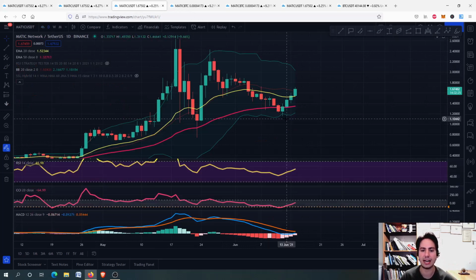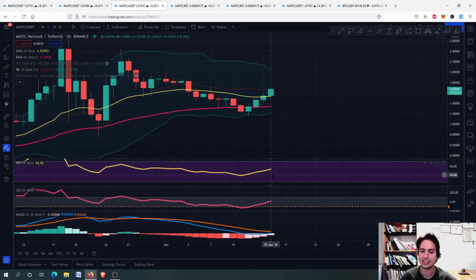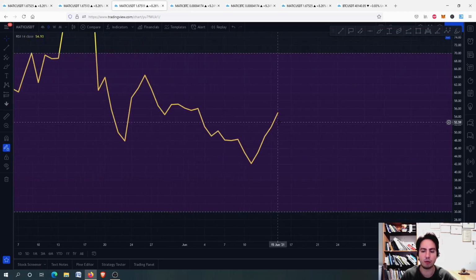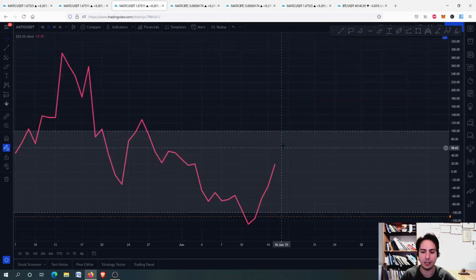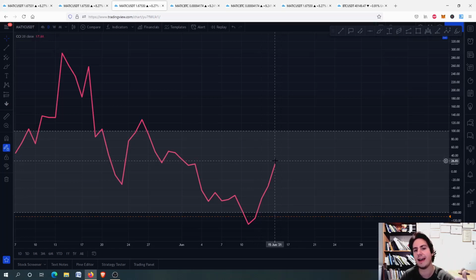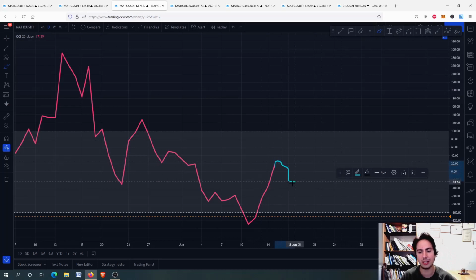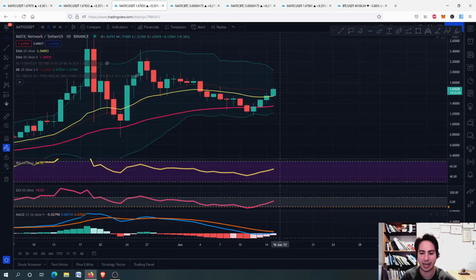Let's go to Polygon, guys, on the daily frame. On the daily frame, you can see though, we are not in an overbought situation, right? We are in the middle for the RSI. We are eventually in the middle for the commodity channel index. We don't experience any overbought situation. That means after a minor correction here, we can grow even more, right? So in the daily frame, guys, we are looking good.